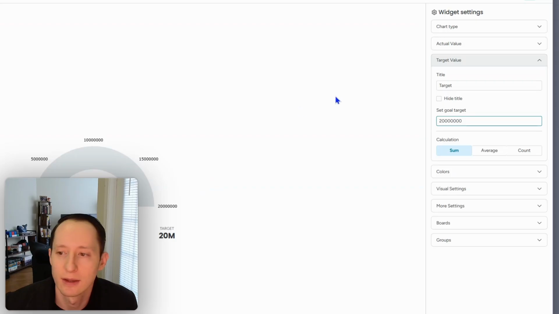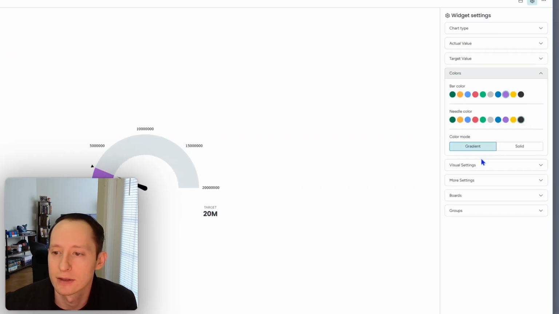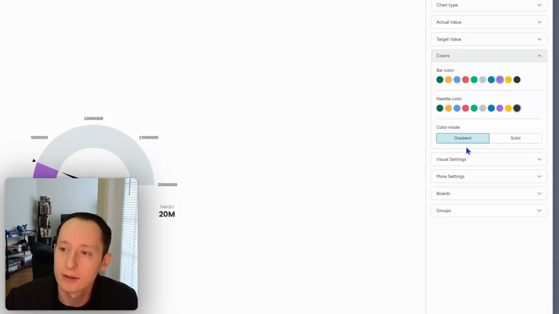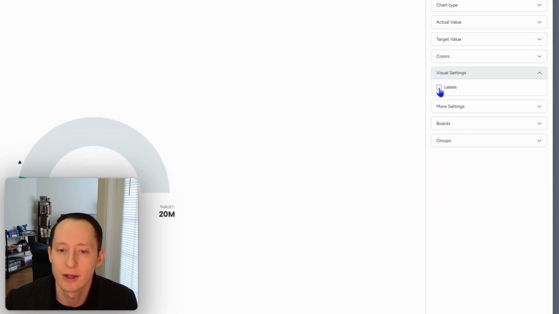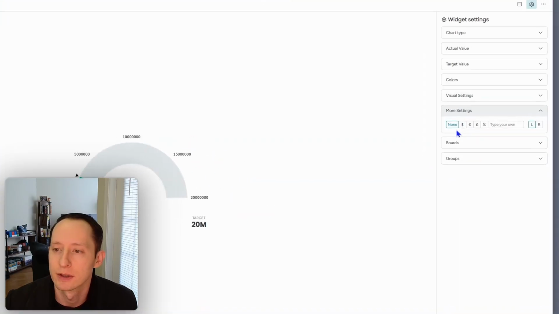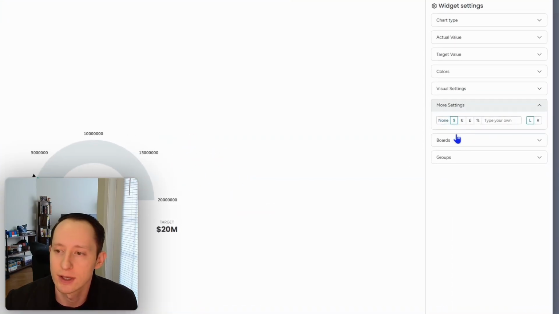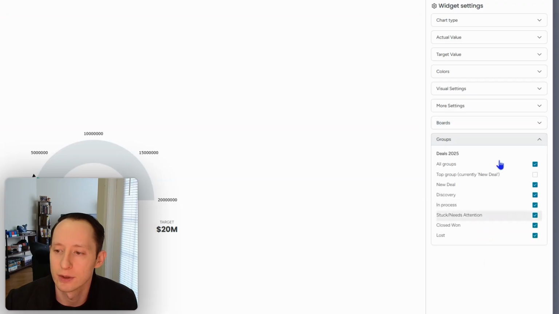And now you can see that the gauge changed on that. Then you can choose whatever colors you want. You can see you go red, go green, change the needle color to, I like to keep it just black. You could do gradient or solid. And then you could add the labels on there. And then you can add dollar signs to it or euros, whatever your currency is,